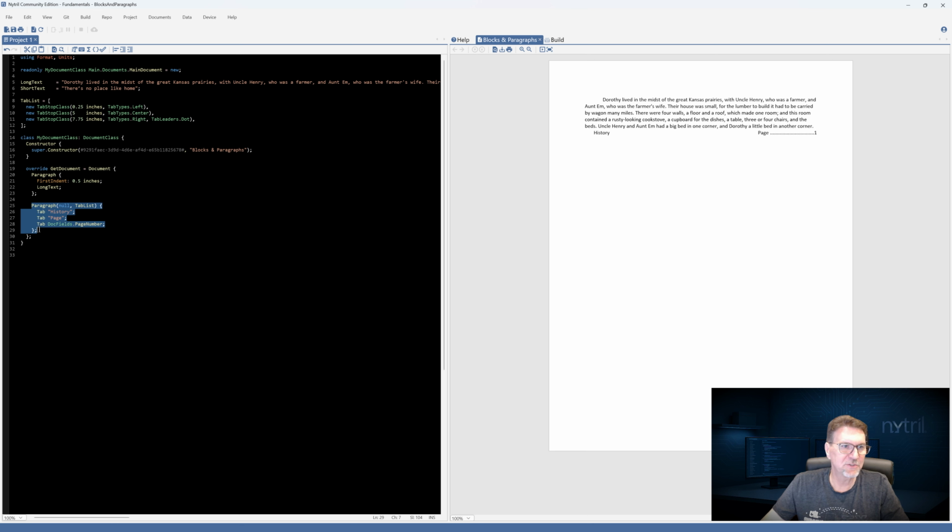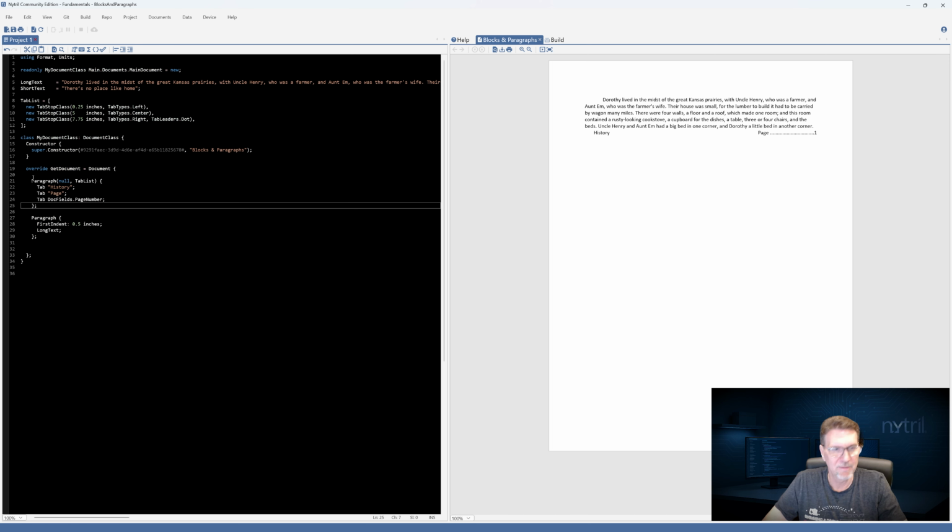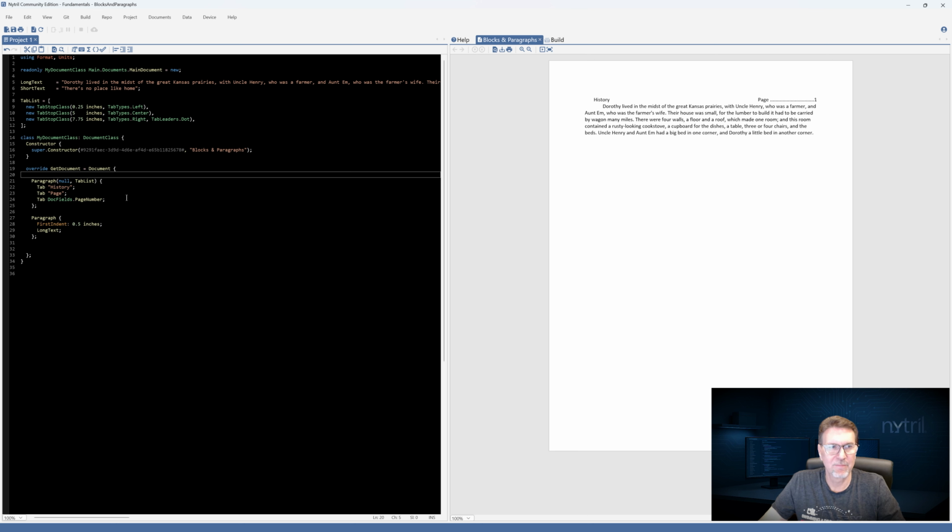So now let's just arrange our paragraphs. So I'm going to Control X on that and put it up here to the top. Save it, F5. Hey, not bad. This would be useful for, say, something like a header, where you need to have the page number, or maybe even a footer. But that illustrates for us how to use tab stops with a paragraph.